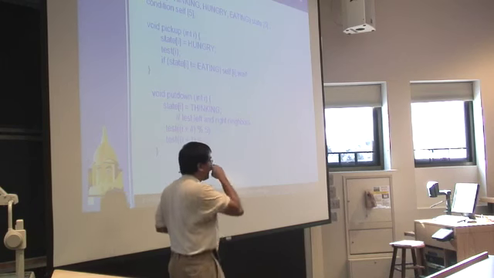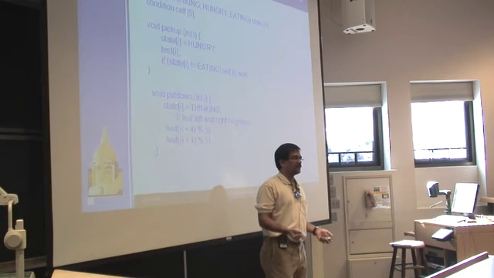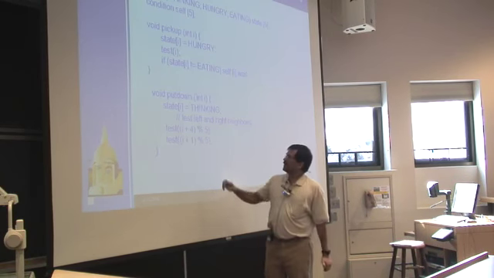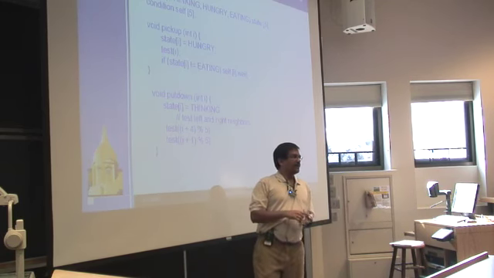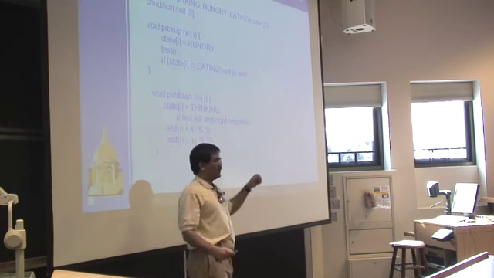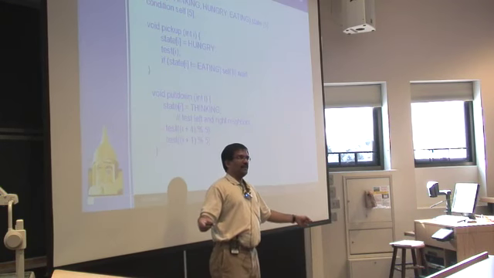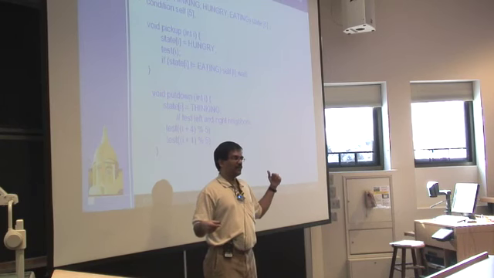So put down means that once you're done with your eating, you want to give up your CPU, you want to give up your forks. The way you implement that is you change your state to thinking, so you're no longer eating, and then you do this test of the left and right, right? You're not really testing here to see what the state is. You're trying to give them control to run, right?